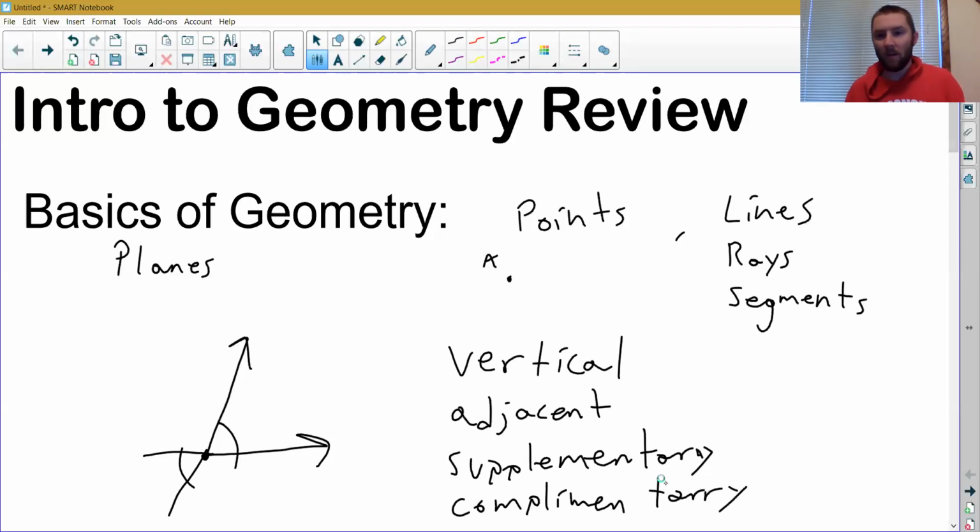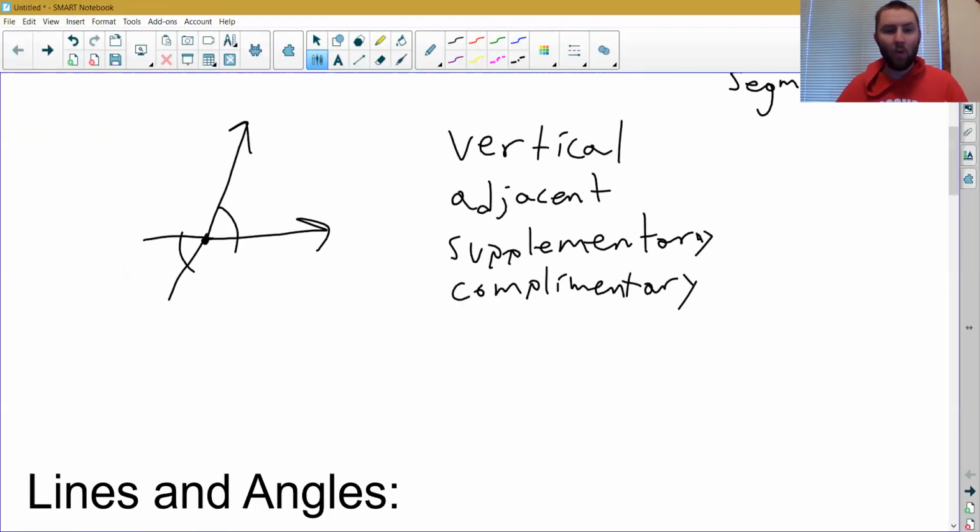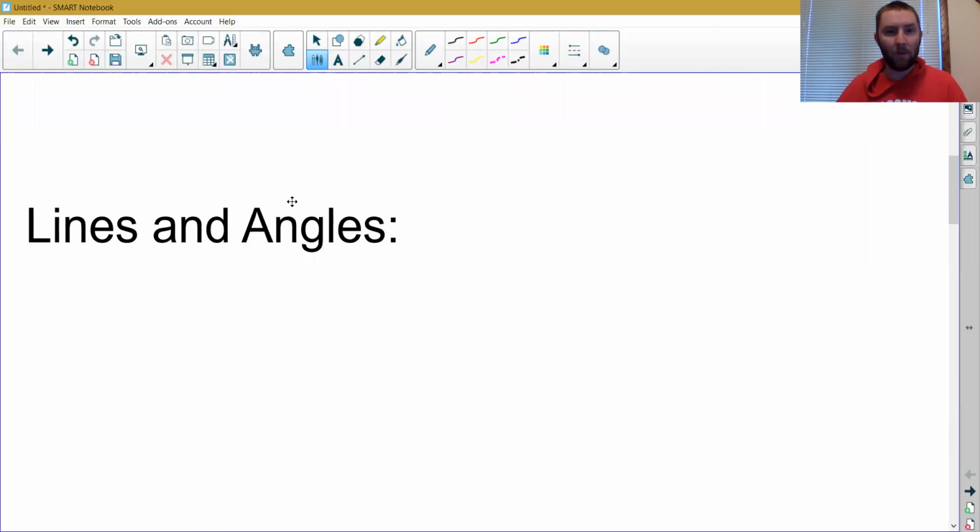Okay, so these are the angle relations that we talked about early on. Okay, complementary. So once we sort of went through the basics of these things, chapter 2 got more into angles,